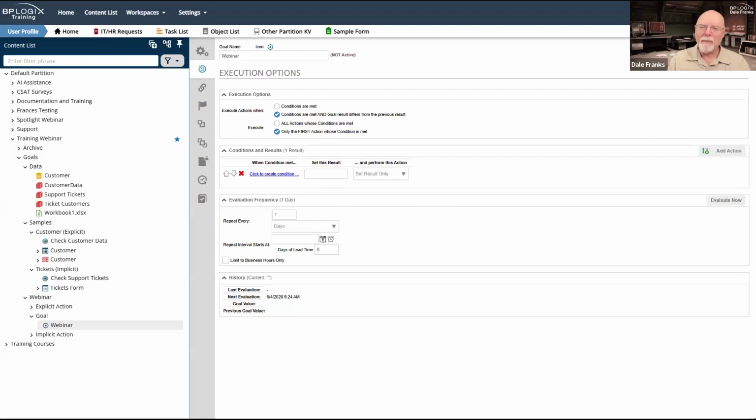And if you do need a concurrent result and near real time is important to you, then maybe the goal isn't the best way to accomplish that, because we do have some limitations on timing unless you're on a very busy system where a lot of users are doing a lot of things all the time.